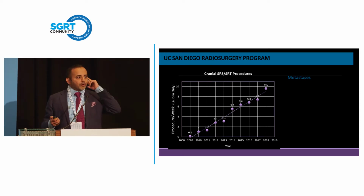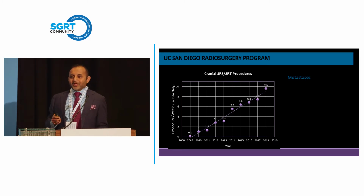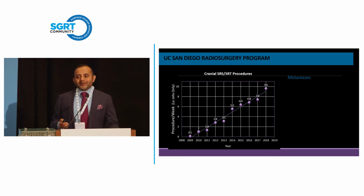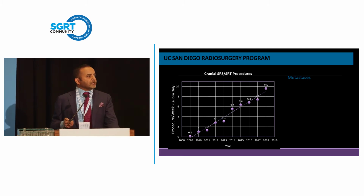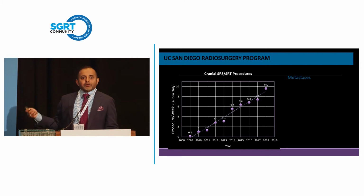We do on the order of over 900,000 radiosurgery cases a year on those patients. And I can count that we probably do 15 to 20 whole brain patients a year. I think that's a fair number to say. We actually track the number of whole brains we do a month, and it's on the order of 1 to 2. So the majority of these patients, whether they have 1 brain met or 20 or 30 brain mets,